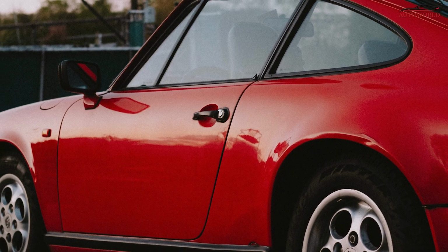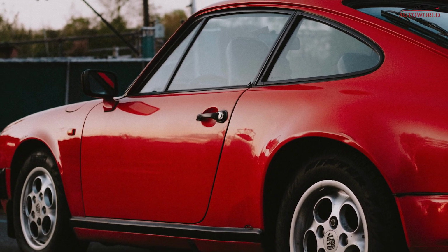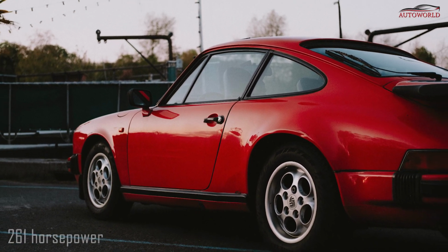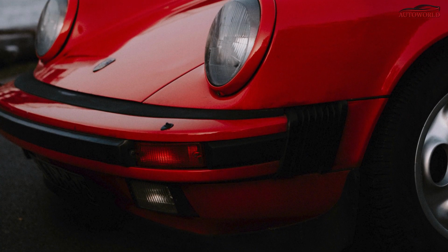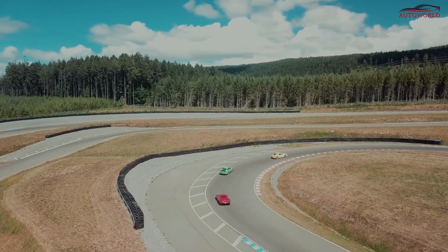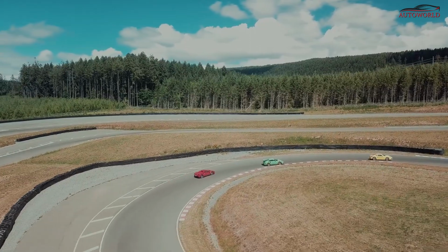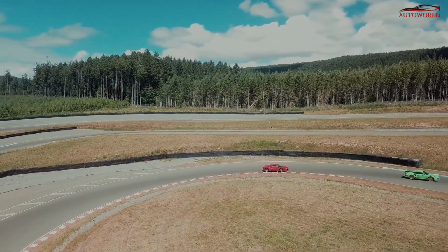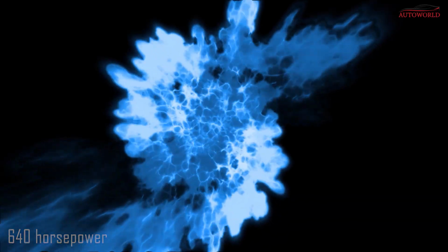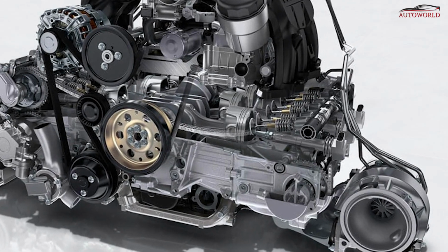The original 911 Turbo, which debuted in 1976, had a lengthy fuse and 261 horsepower. The catastrophic turbo lag that suddenly hit like a sledgehammer to the face, and in many circumstances would easily overpower inexperienced drivers, is what the fuse in this situation refers to. The 992 Turbo S delivers its 640 horsepower in a smooth, lag-free way, which sets the current 3.7-liter twin-turbo engine